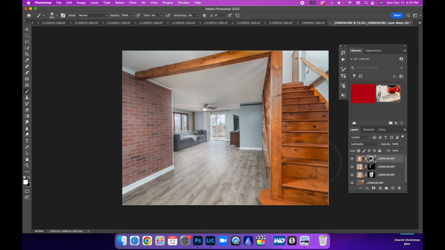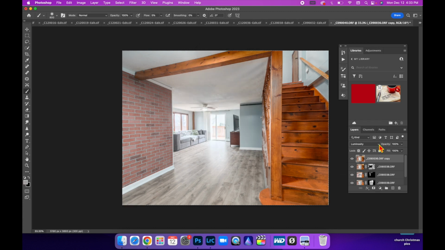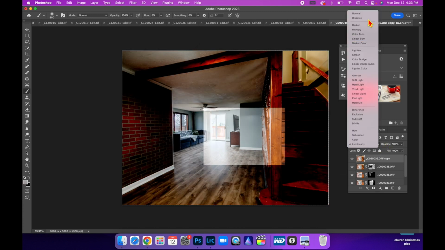Right there. That looks pretty good to me. So what you can do if you're finicky and you want to get rid of that, which in this case I probably would because it is pretty obvious, we're going to click on this layer right here. We're going to Command J to duplicate it, and we've got to get rid of that layer mask for that top layer now, and we're going to change this layer to normal,